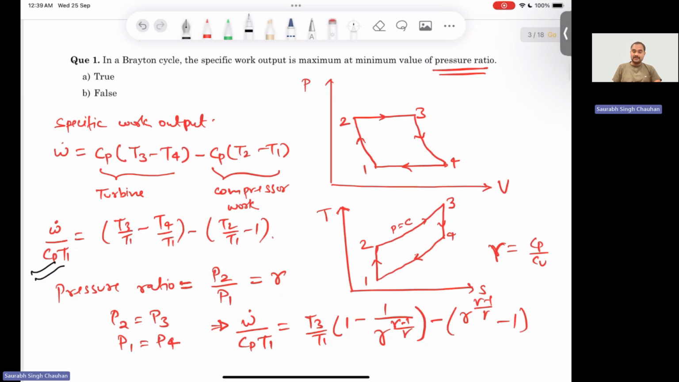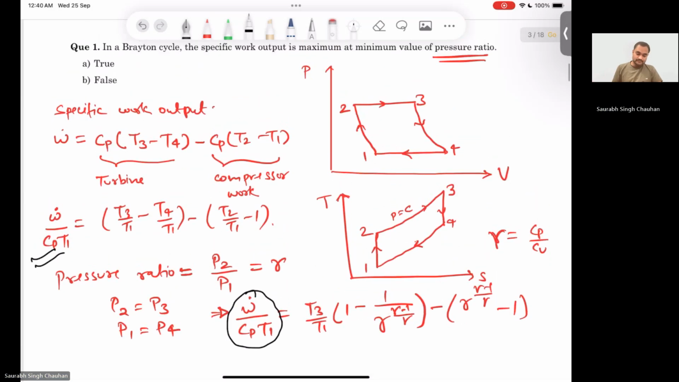I hope that the definitions are clear, so we can proceed to solve this question. Now it is saying that specific work output is maximum at minimum value of pressure ratio. So we have to tell how this specific work is related to pressure ratio. If you increase the pressure ratio, what will be its effect on the specific work output? So if we plot this specific work output against pressure ratio, then you will get